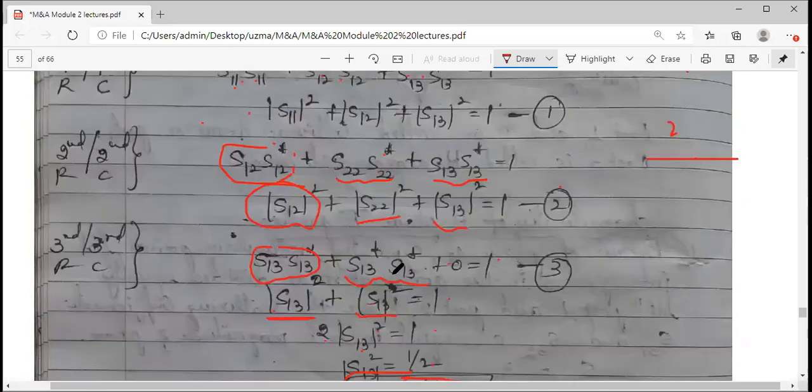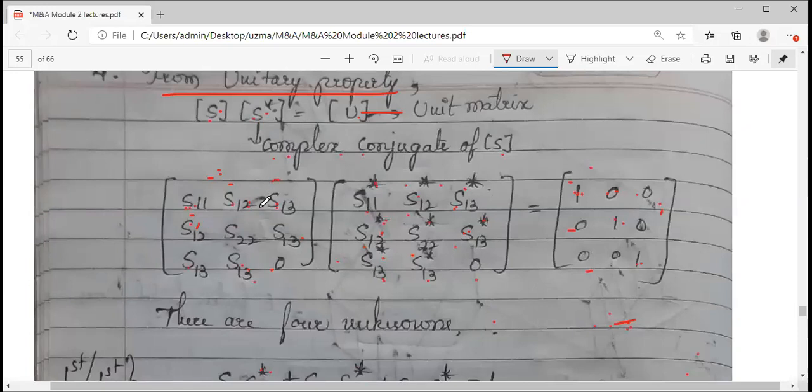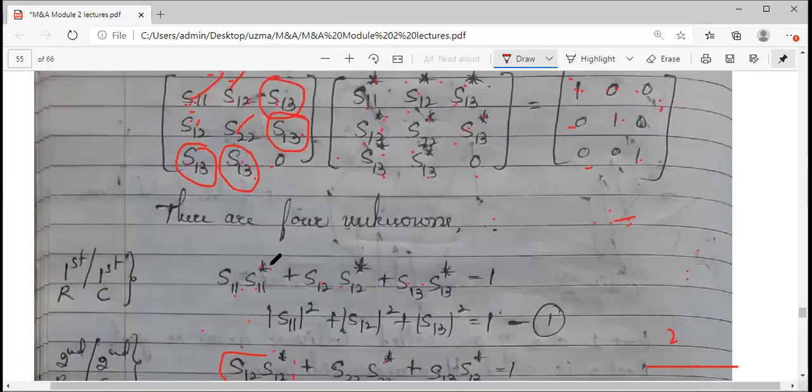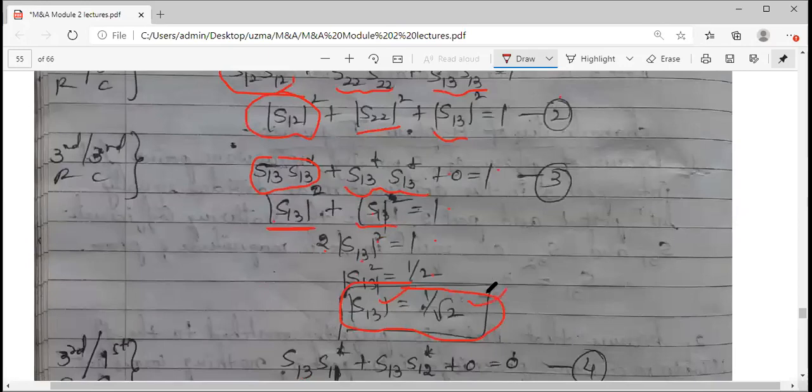So directly from the third equation, we have got one S parameter. The value of S13 has come. So how many values did you get? S13 means this you can fill, this you can fill, this and this. So at once 4 values you got. Now remaining is 1, 2, 3, only 3 terms. So from the third equation we directly got one value of S.